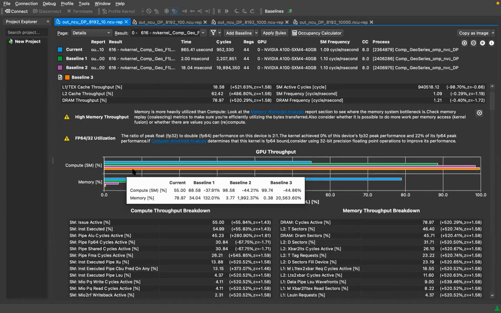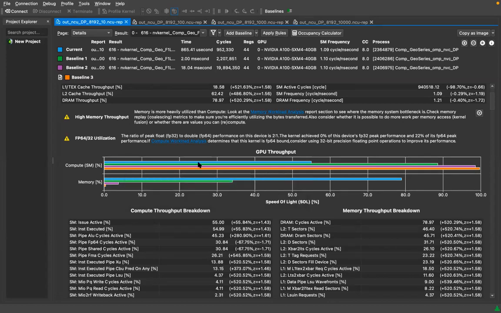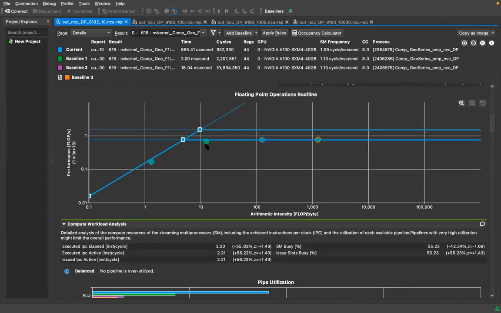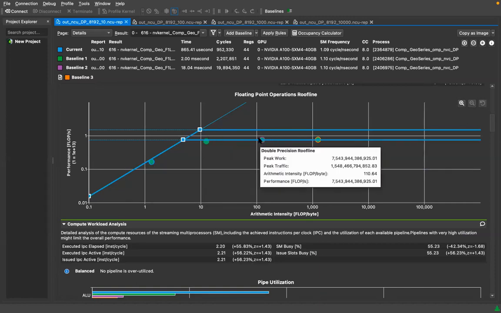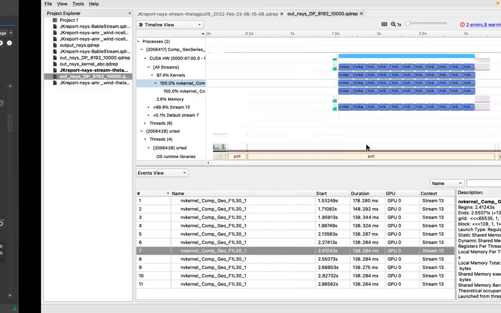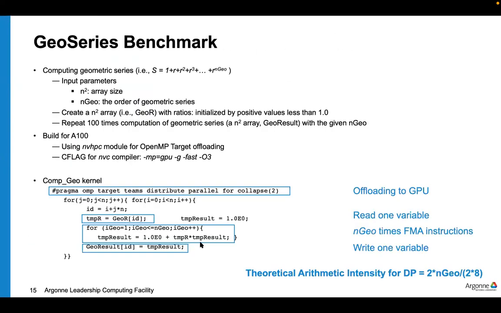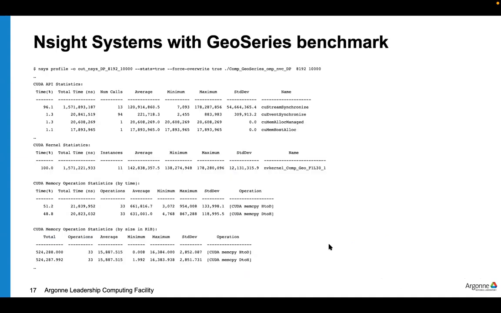So if your kernel uses your core more frequently, that means you can get higher FLOP rates, right? That's what we are seeing here. And if you look at the roofline plot here, this is NGO 10, 100, 1000, 10,000. If you go back to our slide for this case, this is the theoretical arithmetic intensity, right? The AI is 2 times NGO divided by 16. So if you compute that,